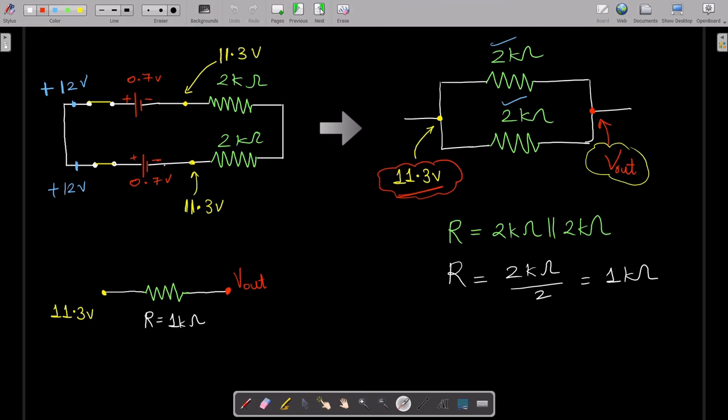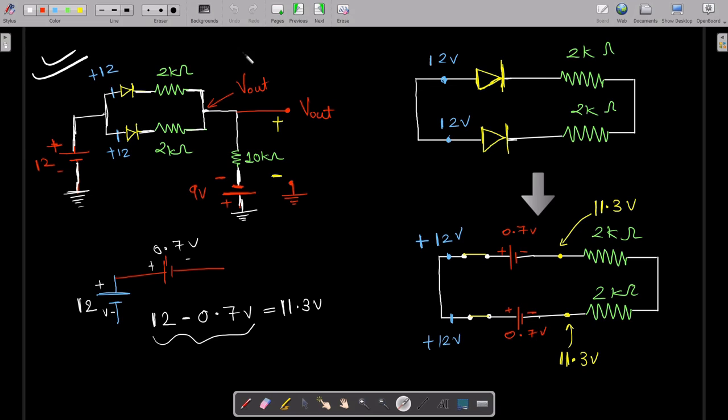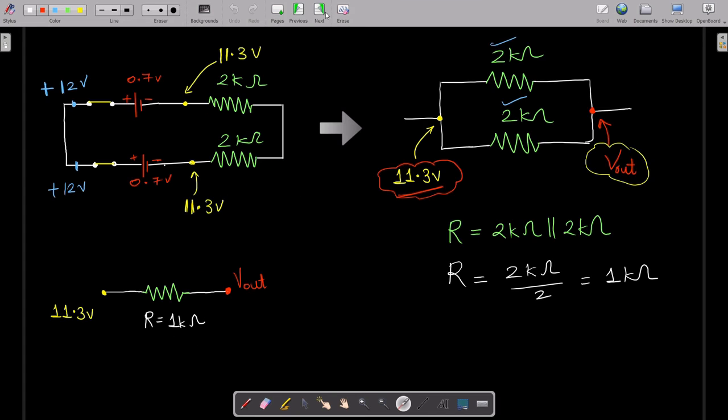And this 11.3 volts, as you can see here, is what we are getting for both of the resistors. And over here, as you can see very clearly, this V out we are getting is constant. As of now we don't know what exactly the V out is, but we know that we are getting a constant voltage. So this is what we give to both ends of these two resistors, and then we came to know that these two resistors are in parallel.